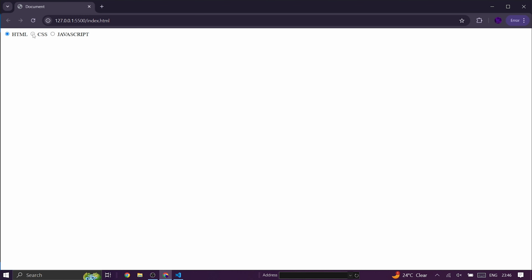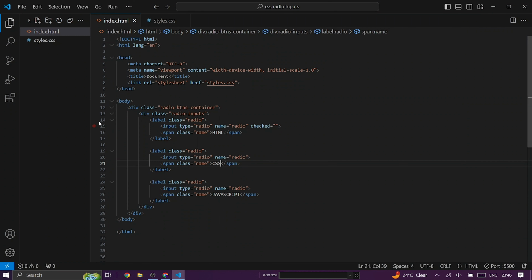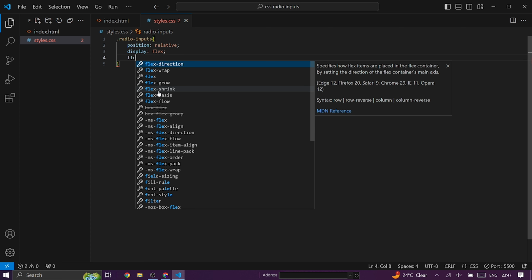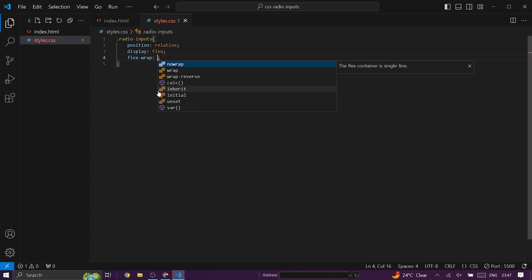we can make it more stylish with CSS. Let's head over to CSS and add some codes. Let's add some styles to our code to make it look more stylish. Firstly, we're going to add our radio inputs class. Radio inputs. We're going to have position relative. Position is going to be relative, not inherit. Relative. Then next, we're going to add display flex, and we're going to add flex wrap, and it's going to